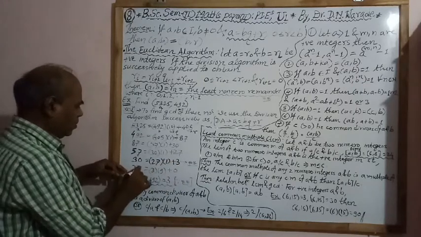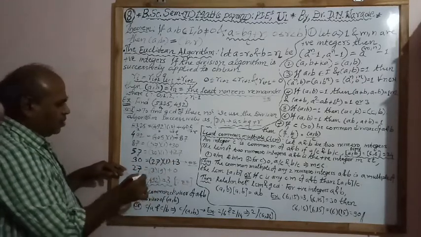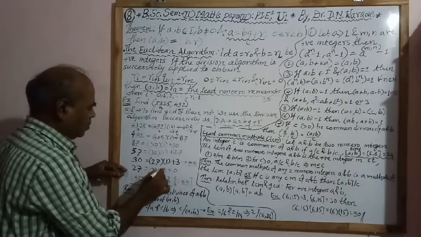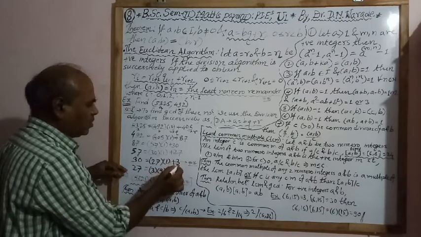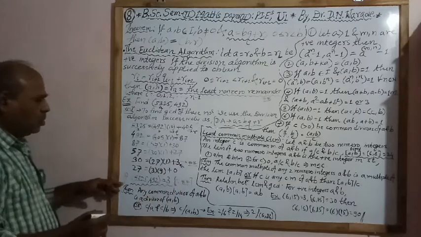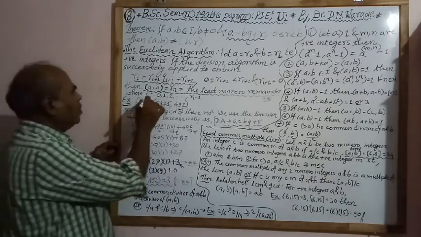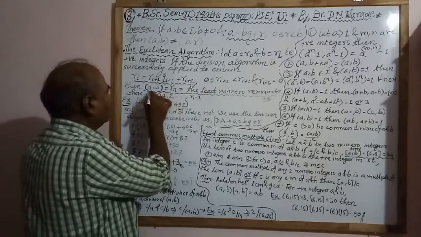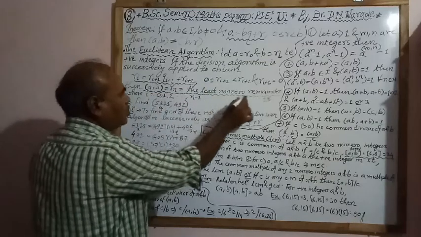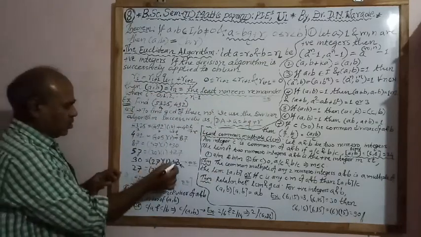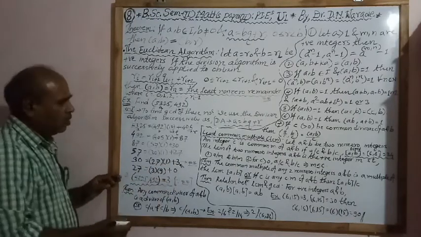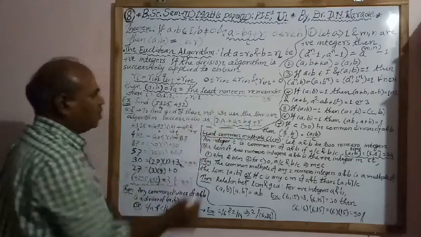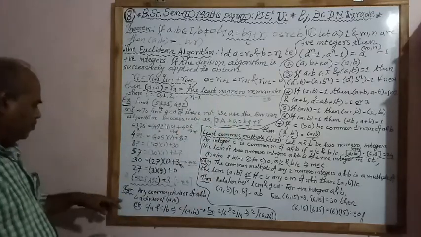Again divide 27 by 3. We get the quotient 9 and remainder is 0. This is remainder 0 and the last non-zero remainder is 3. Therefore, according to this Euclidean algorithm, the GCD of a, b is rn, which is the least non-zero remainder. Therefore, the least non-zero remainder is 3. Therefore, GCD of the two numbers is equal to 3, as seen by this Euclidean algorithm theorem.